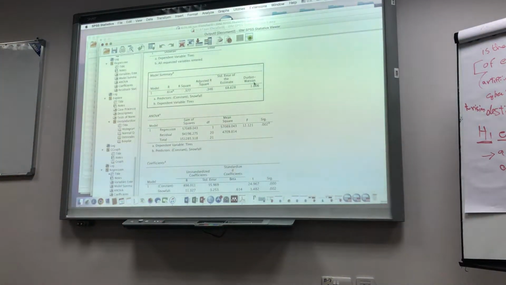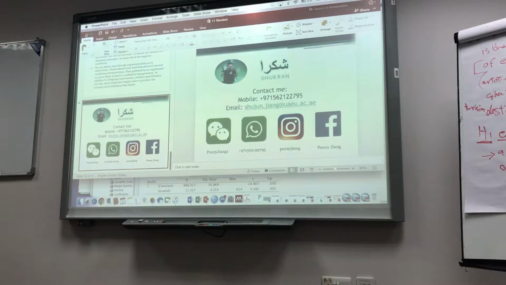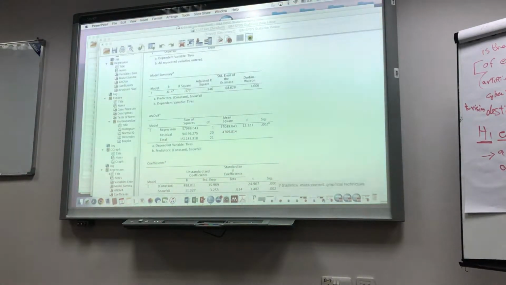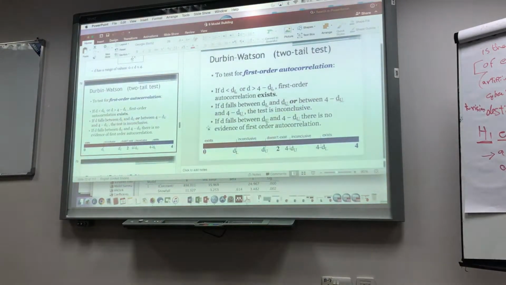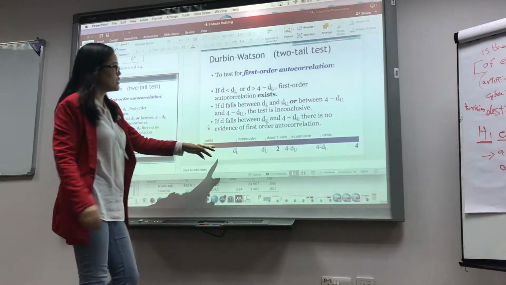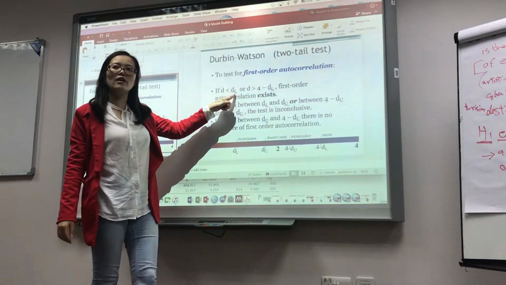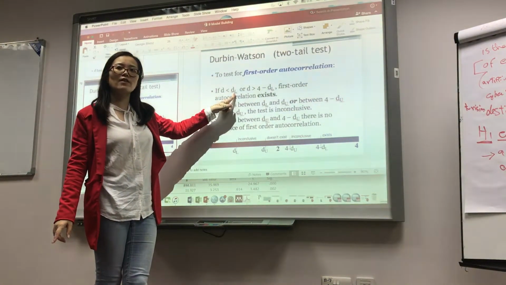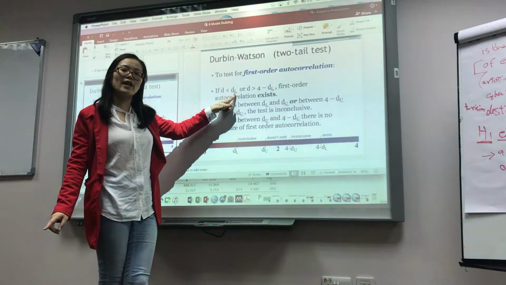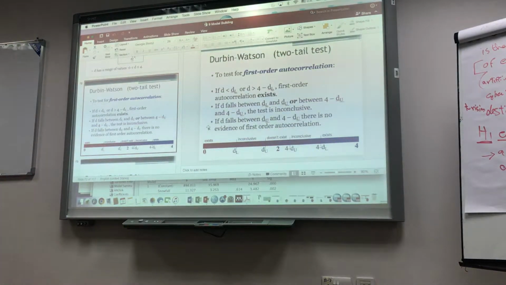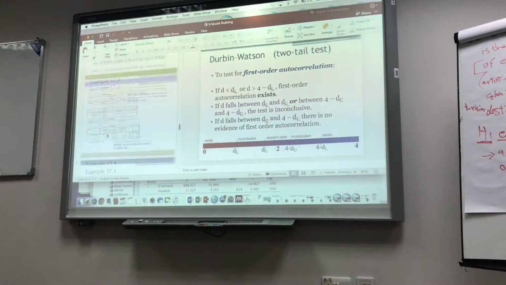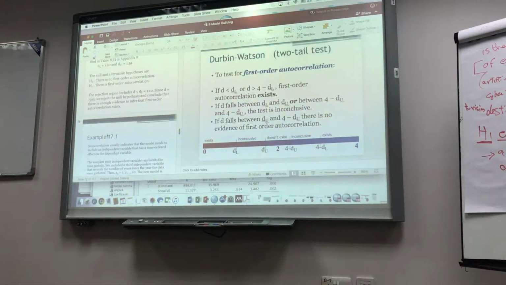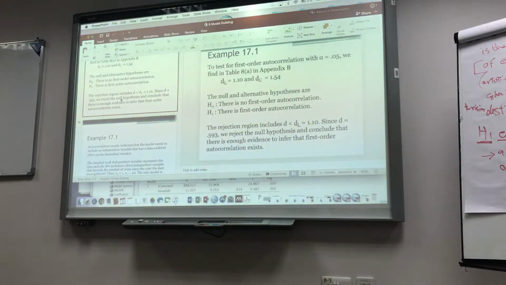Given that D value, we can check it on this scale. At the significance level of 0.05, DL equals 1.10.